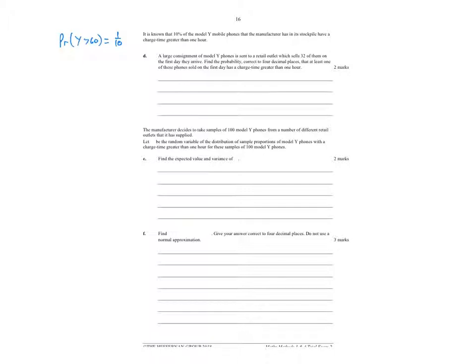So it's a binomial, isn't it? We had 32 trials. Probability of success is 1/10. What do I want? At least one. I want x is greater than or equal to 1. So the probability that x is greater than or equal to 1 is 1 minus the probability that x is equal to 0, which is equal to 1 minus,